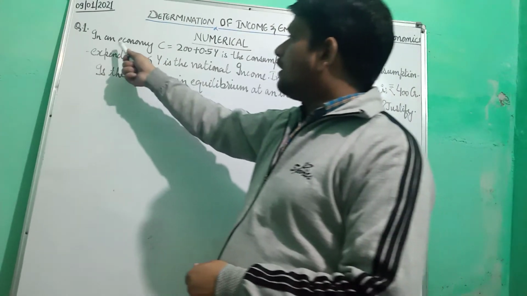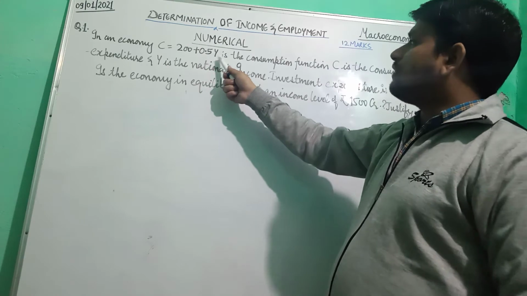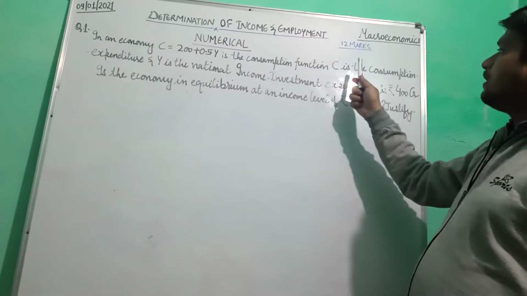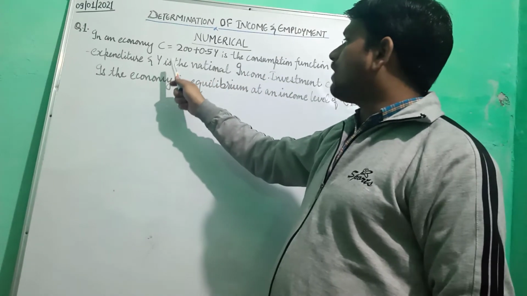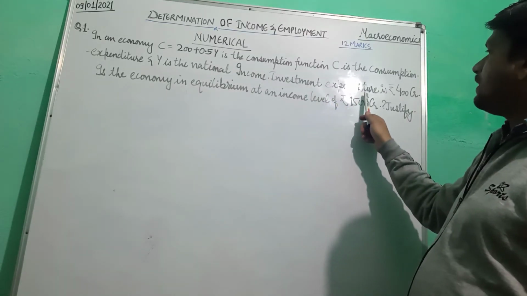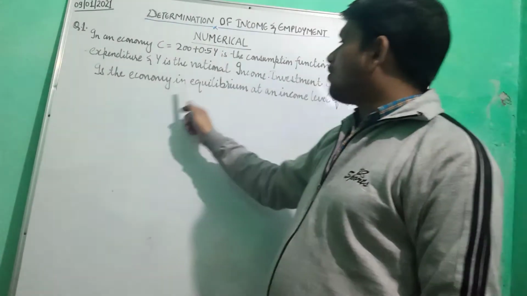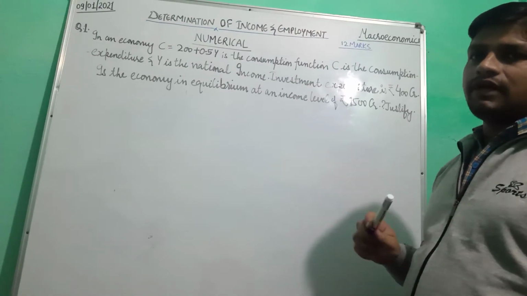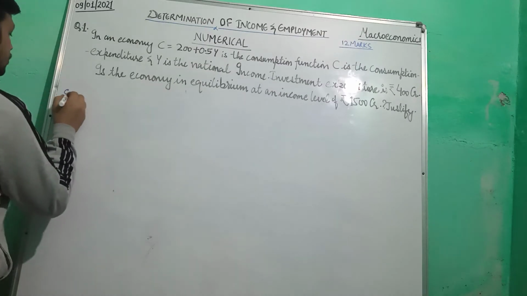Here I begin. In an economy, C is equal to 200 plus 0.5 y is the consumption function. C is the consumption expenditure and y is the national income. Investment expenditure is rupees 400 crore. Is the economy in equilibrium at an income level of 1500 crore? Justify. The question is very clear to you. For the solution,